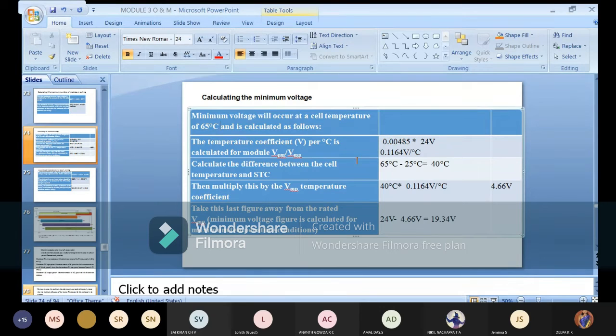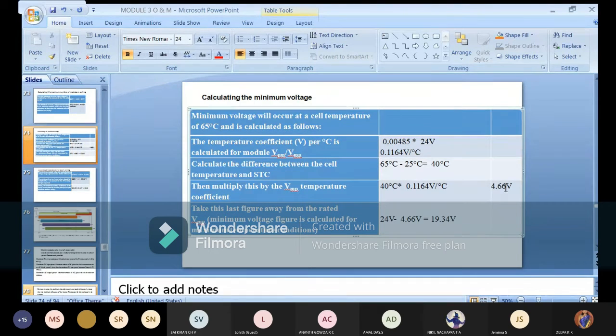Okay. So next we are finding the difference of temperature, that is 65 degree as they given, calculated for 65. 65 minus your ambient temperature 25, and I'm going to get 40 degrees Celsius. As per the question, it is 40 degrees Celsius. So this degree Celsius should be converted to volt, means we have to multiply with the temperature coefficient, that is 0.1164. So do the multiplication, you're going to get some value called 4.66.